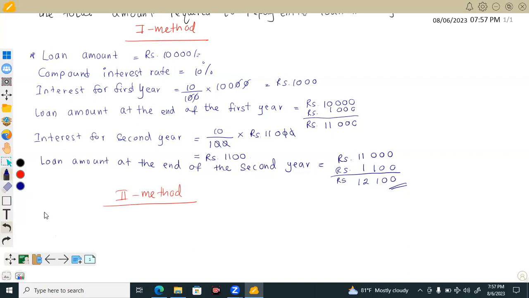Now the loan amount at the end of the second year. It is calculated like this. Look at